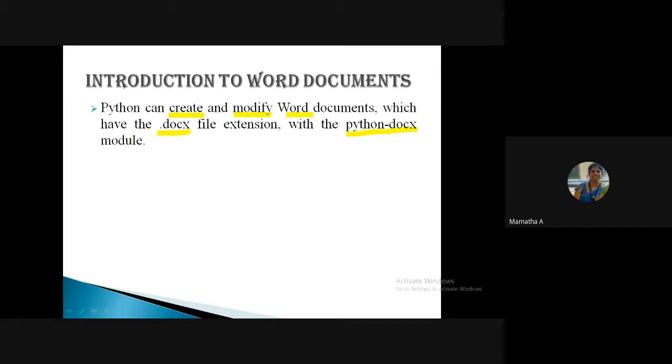So to work upon Word documents, I should use a module called python-docx. Remember the slight difference between installing it and when you import it. So remember, when you are installing,